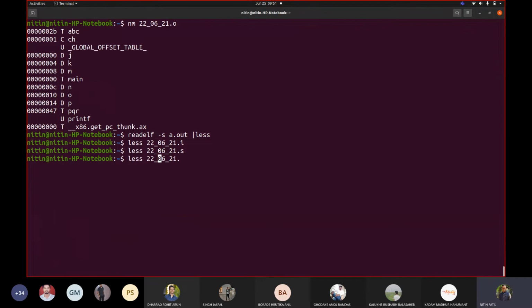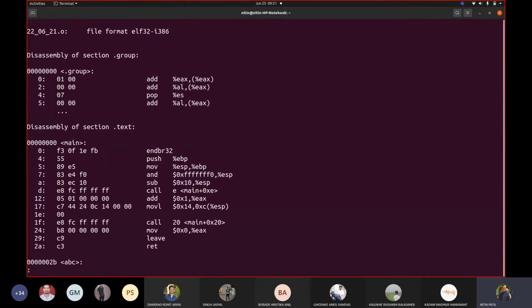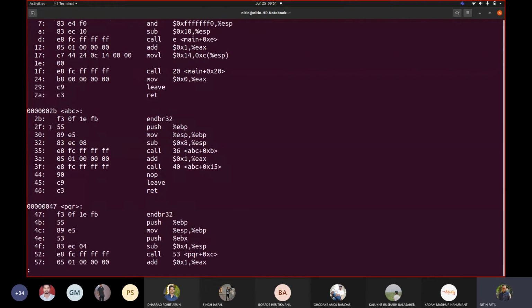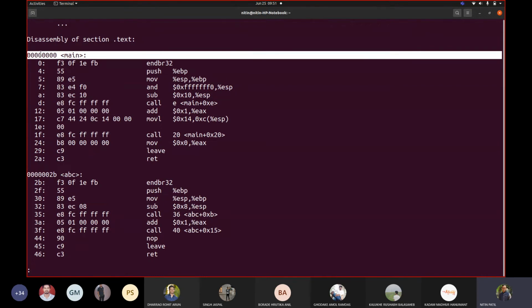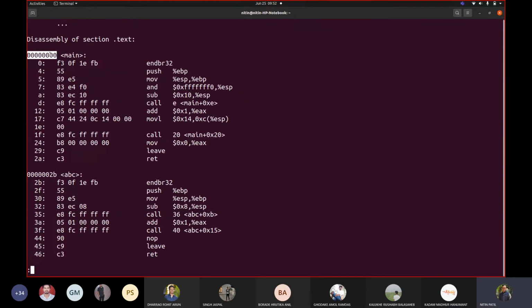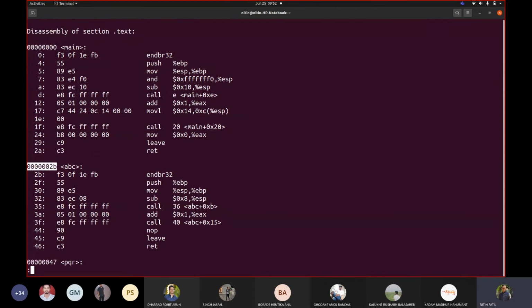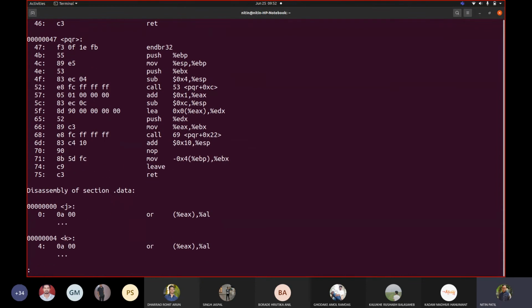Now if I try to see the object code, I can see it using objdump -d piped to less. Now try to see where exactly your variables are. So this is ABC. ABC has this function name address. Main has this address 000. This is compilation time binding. After compilation, the whole assembly and compilation process together will generate this address for main. Then see the organization: main, then ABC, then PQR.